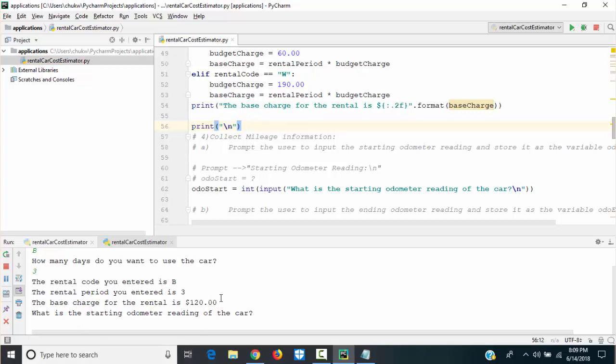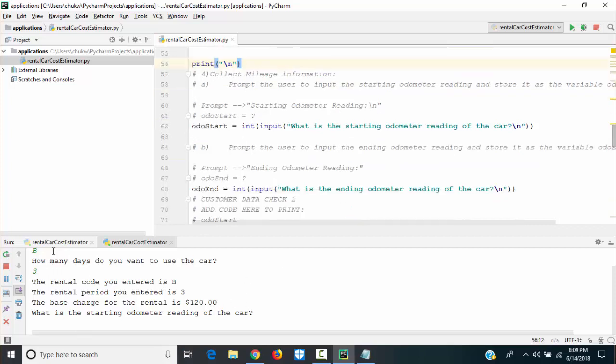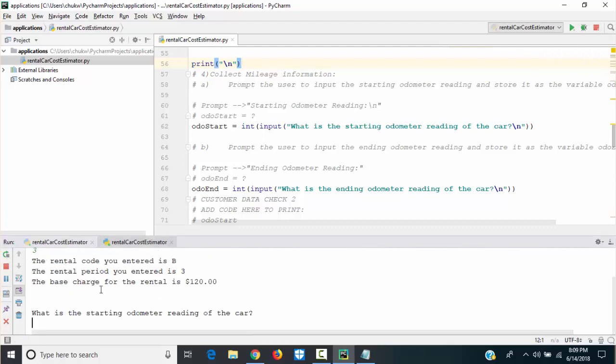So I just have space between this and this. Kind of make it nice, just preference. And I'm gonna stop this because it's running. I'll stop it and run it again. What kind of car? B. How many days? 3.